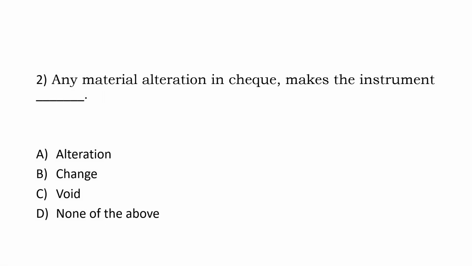Any material alteration in a check makes the instrument: A. Alteration, B. Change, C. Void, D. None of the above. Answer is